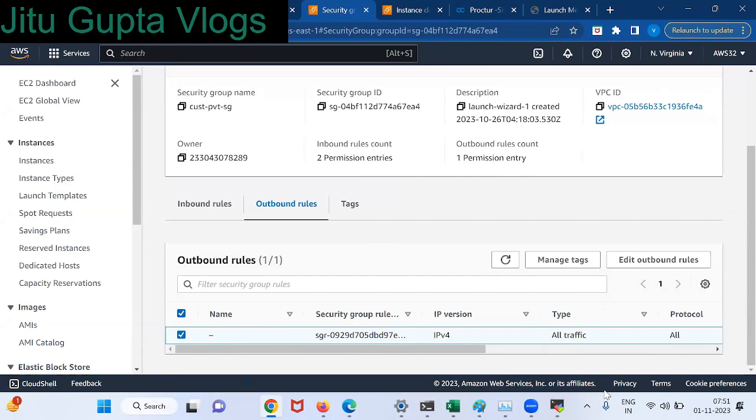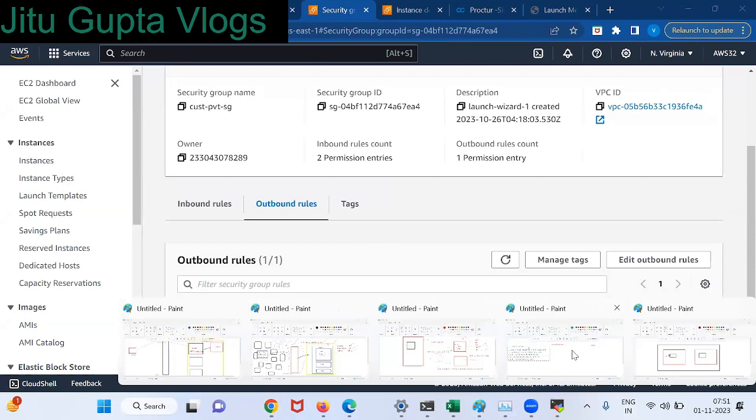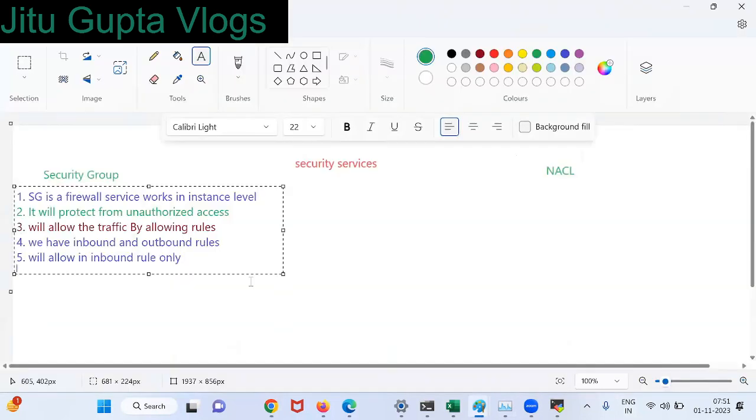Okay. So I'm going to write a point here. By default, it allows all traffic in outbound rules. So control is only in inbound rules. Is it clear, everyone?